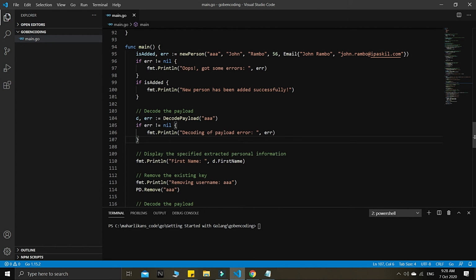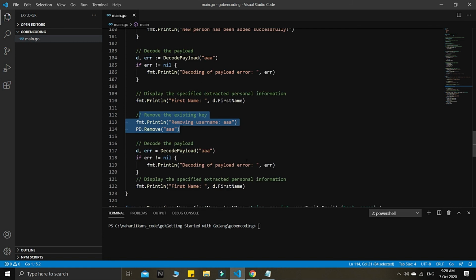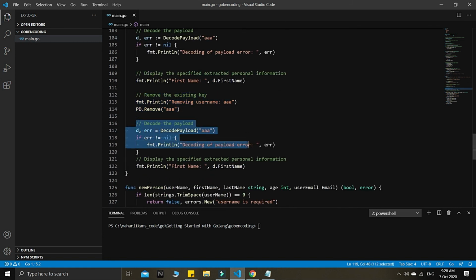I want to display also this D or whatever, guys. Okay, so this is the format. And then I added this decode. This is how we can use the decode payload that we have created. This is the custom function that we have. Then to demonstrate to you, this first name, and then if we remove, then we can just use the PD that removes, guys. This one is just our information. Then we need to check the decode again if the username AAA still exists or not. Then we just return. So if you run this,